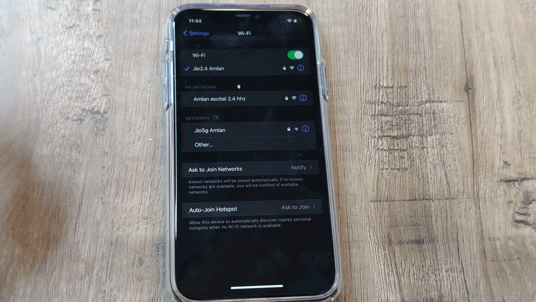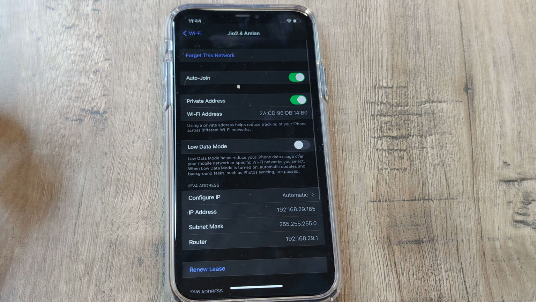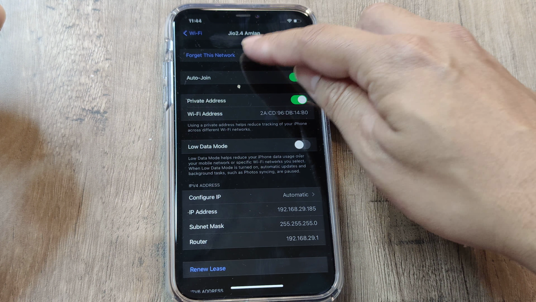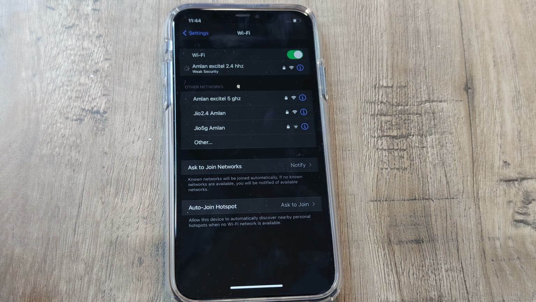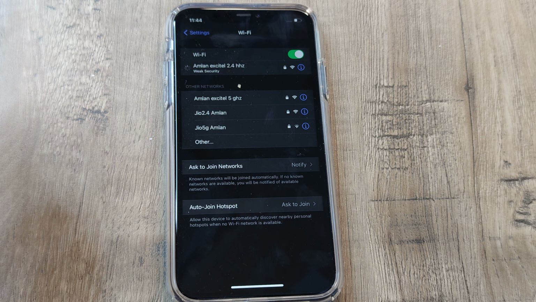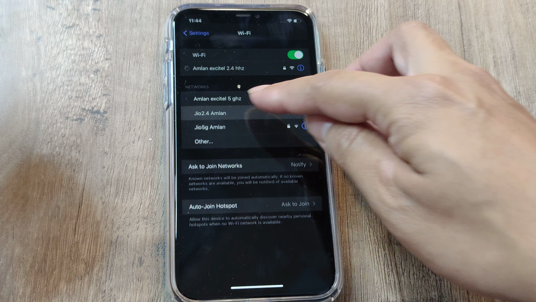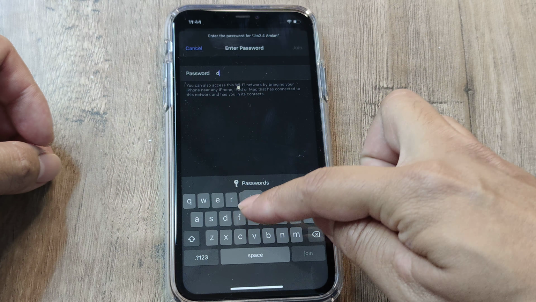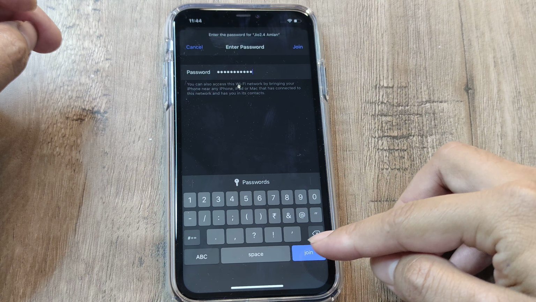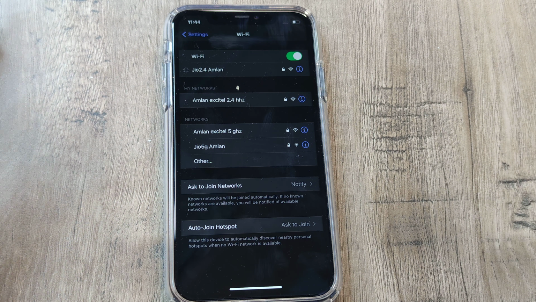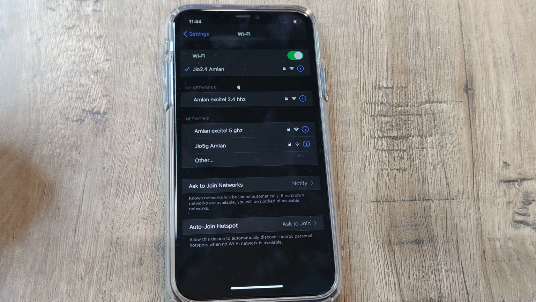Well, even if this doesn't help, what you can do is forget the network and try reconnecting to it. How you do this is by tapping on the small little exclamation mark beside any of the networks that you want to forget. So tap on forget the network. What happens is the network will still appear in the network list, but you are required to reconnect back to it. So you will see that I still have the Jio network appearing, but I have to connect back to it again. So put in the required credentials and then tap on join. Hopefully, when you forget the network and then reconnect back to it, doing what we have just shown, things should start working.